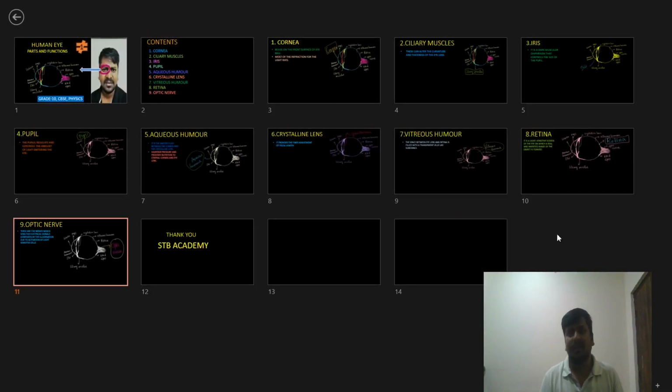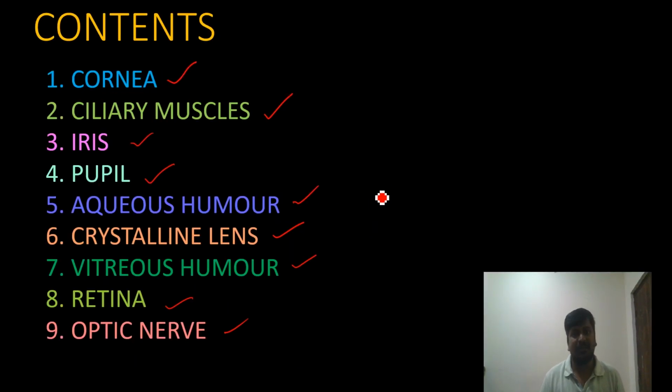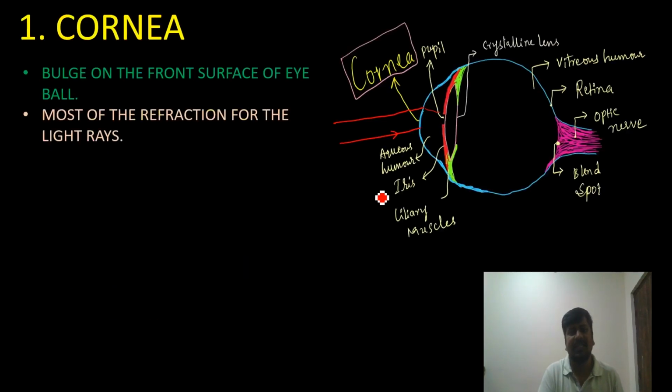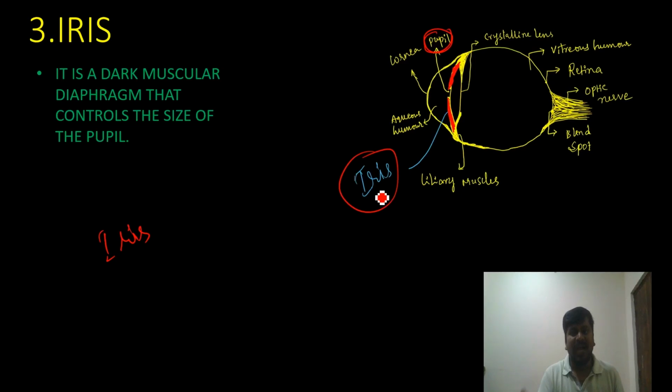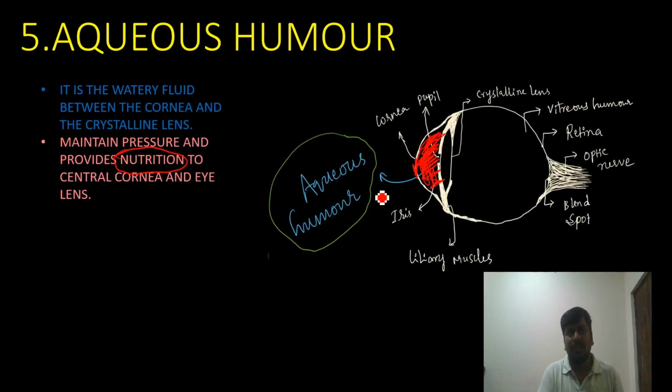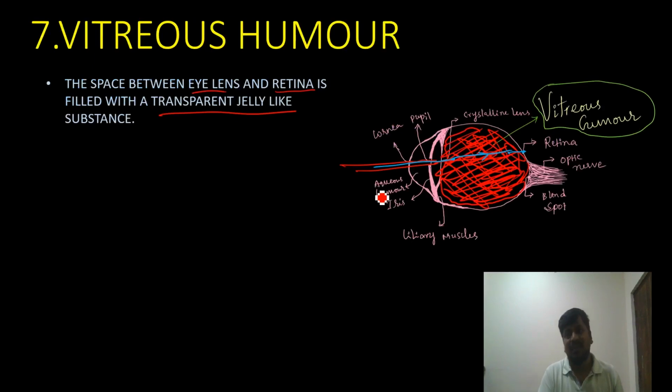So I hope we covered all the points. Once again we will look into that. First of all, the table of contents: the first one cornea, the next one ciliary muscles, iris, pupil, aqueous humor, crystalline lens, vitreous humor,